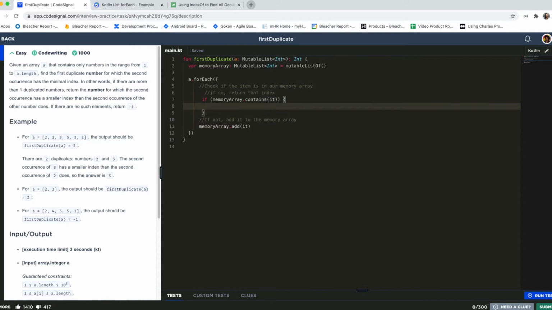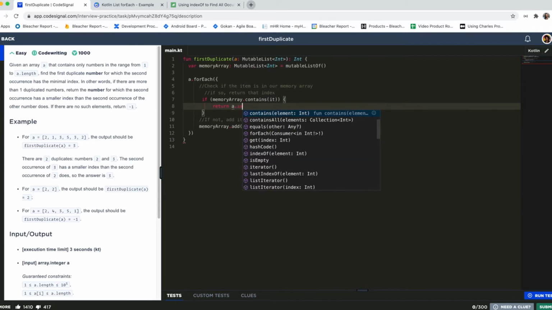So we could probably just return, let's see, memory array contains, yeah, so return in a dot index of